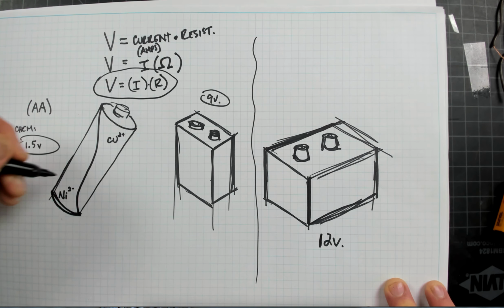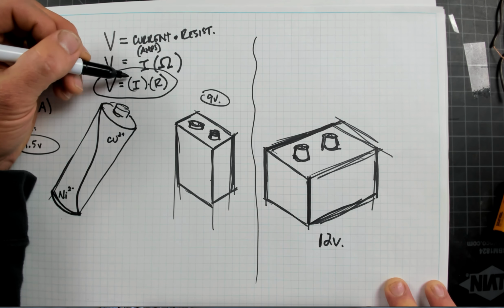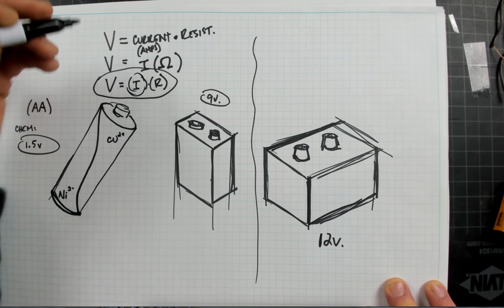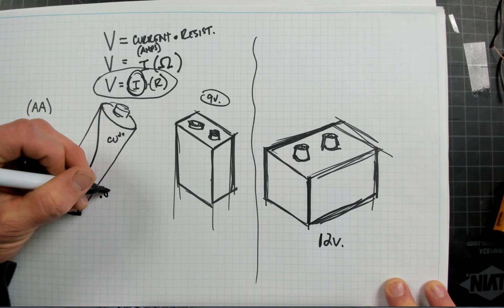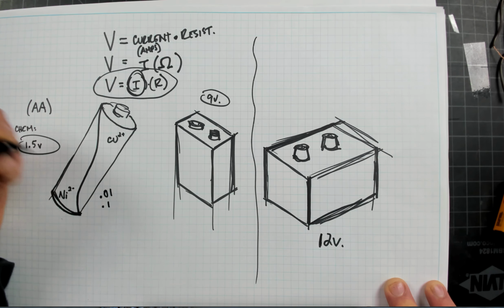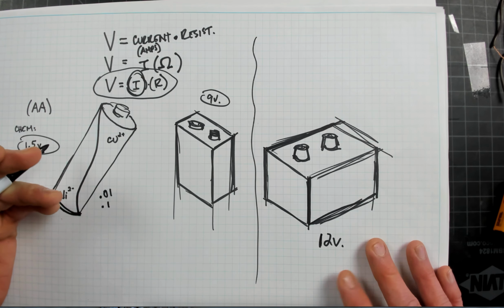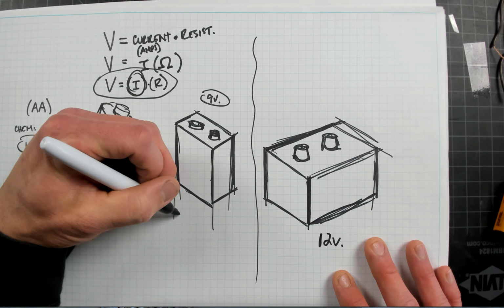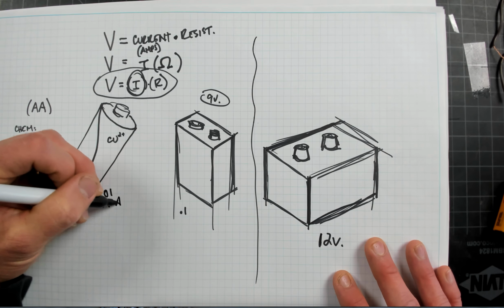So I can tell you right now that in one of these AA batteries, there's not that much amperage running through here. Not that much current. Current probably anywhere from 0.01 to 0.1. Right now, it's the current that really can mess you up. The current inside of a 9-volt battery is probably somewhere around 0.1 amps,